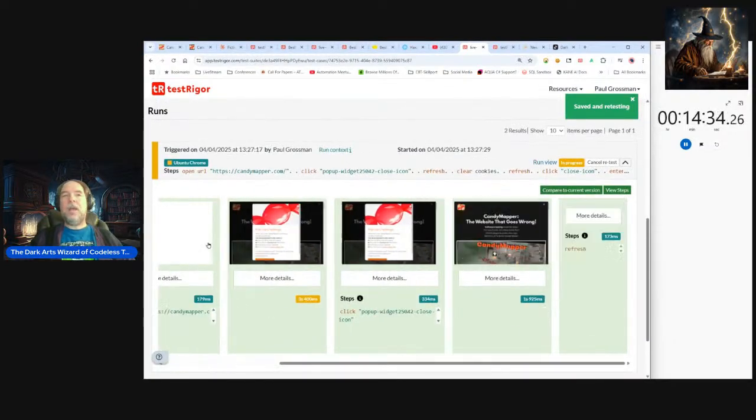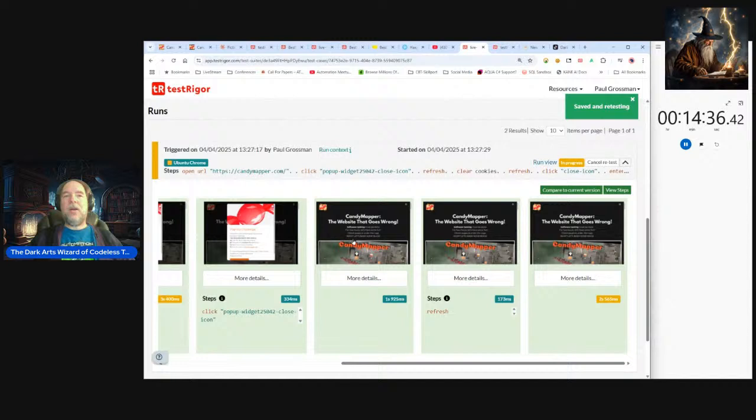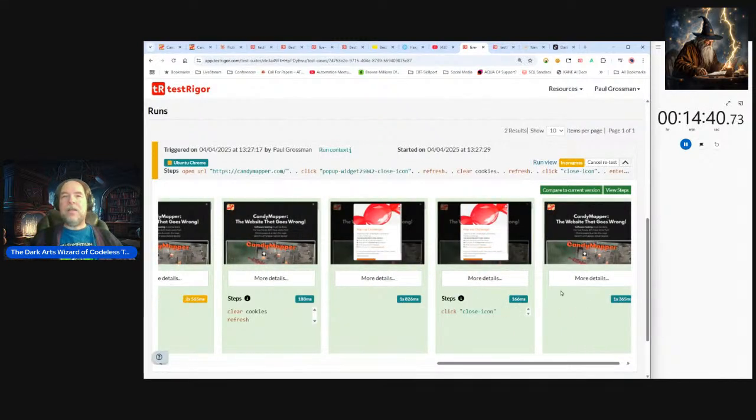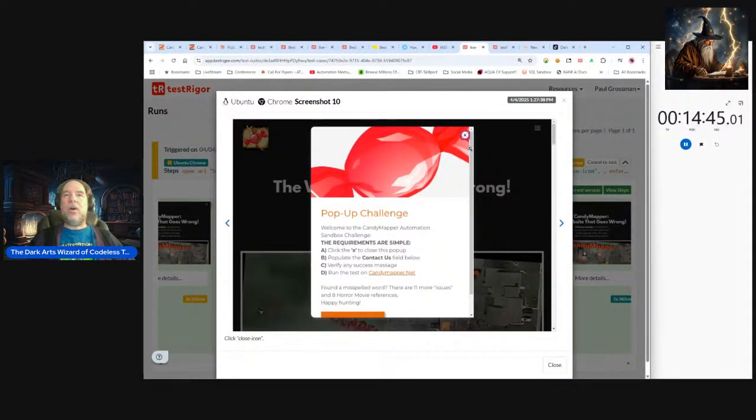It is chugging away. It's going to the URL. It's going over here, checking the site, clearing the cookies, closing the icon. I did click close the icon, close icon. No, none of that random number stuff over there. Got that? All right. And I see 2 people.